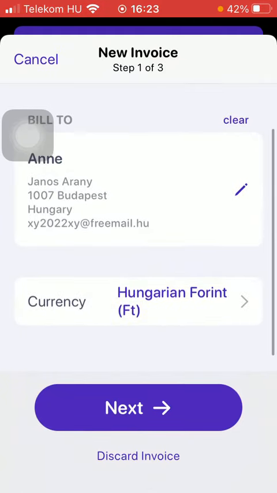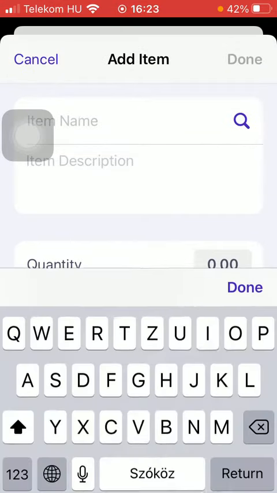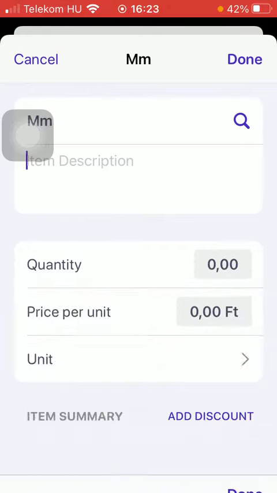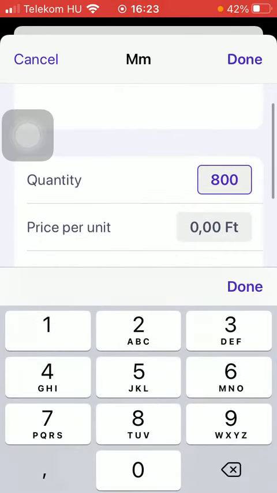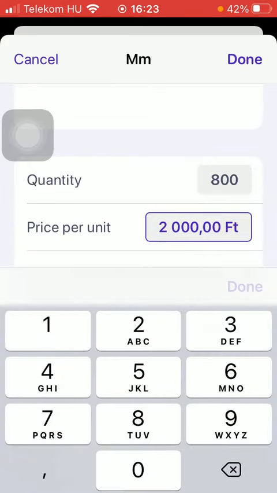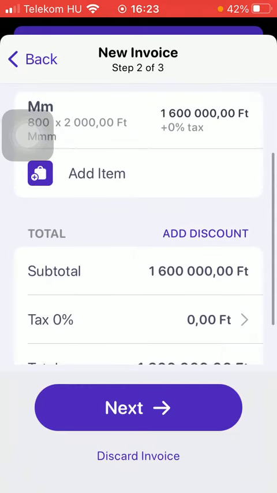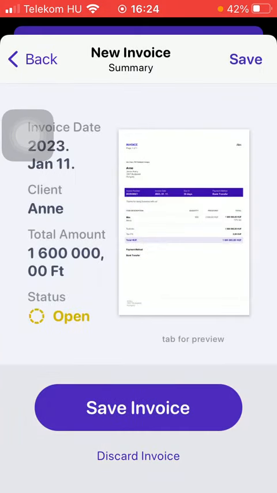Then you should set the currency and click on the button Next. You should add the item, so type in the item name, then the item description, set the quantity, price per unit, and then click on the button Done at the top, tap on Next, tap on Summary, and here you can